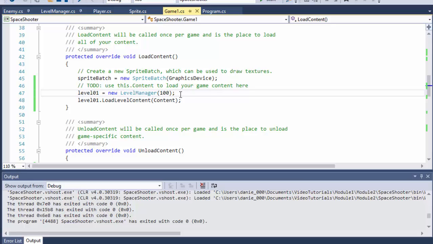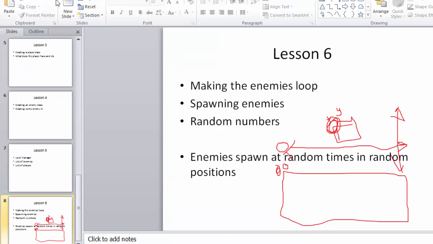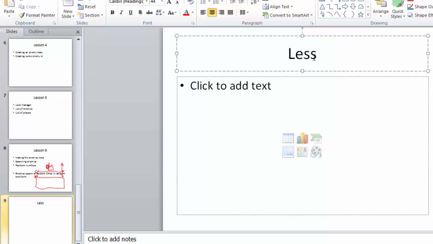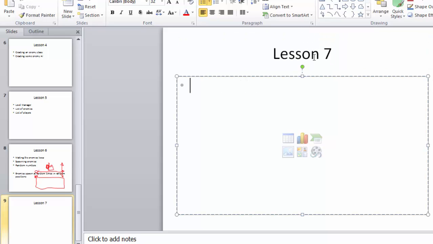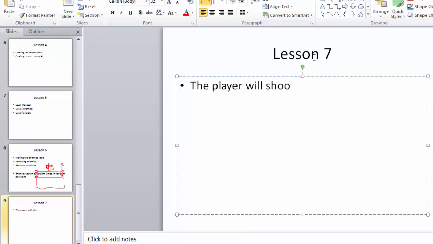Right, okay then. Let's stop there and look at what we're going to do next time. Lesson 7. The player will shoot and destroy